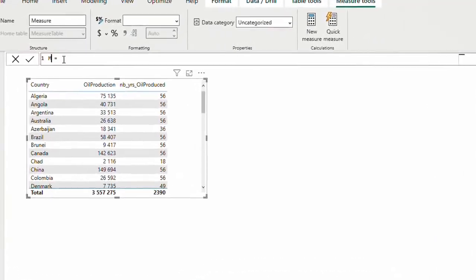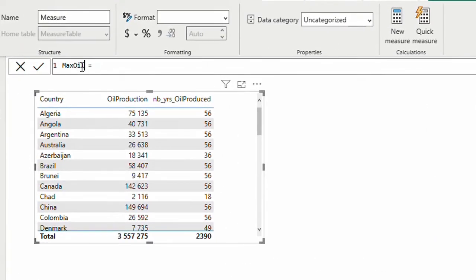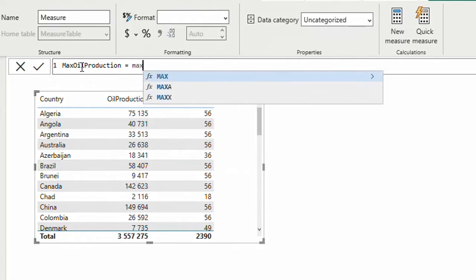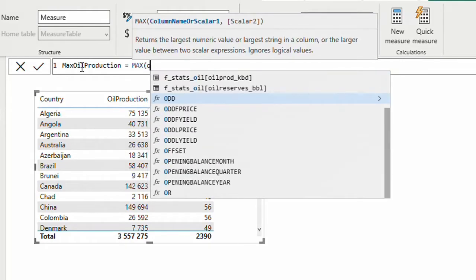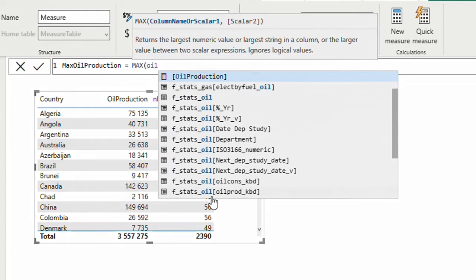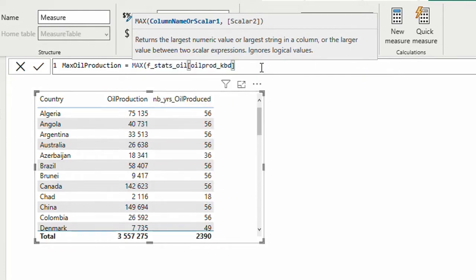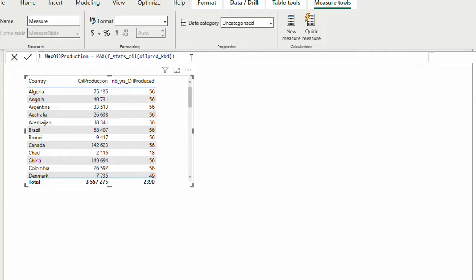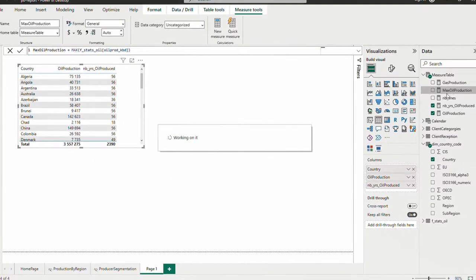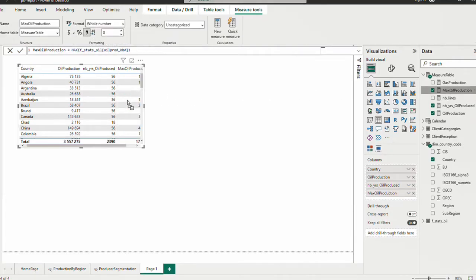Let's call this max oil production. And it's going to be simply max of the oil production, right? As simple as that. Hit enter. I'm going to put this as whole number, 1000 separator. If I bring it here,